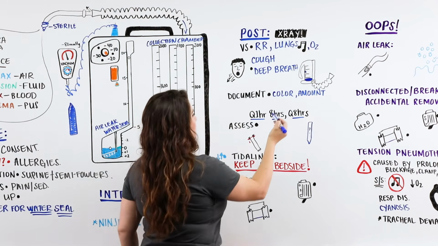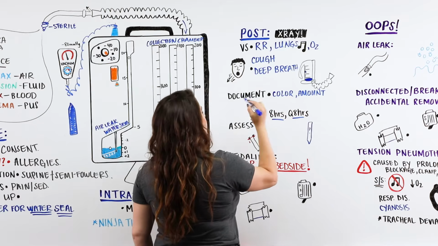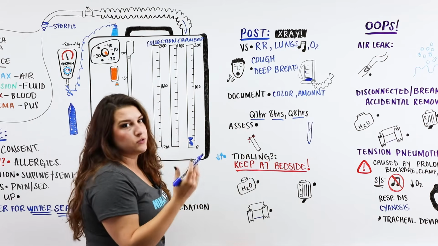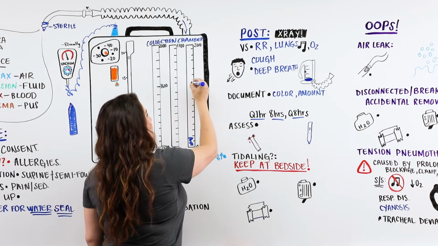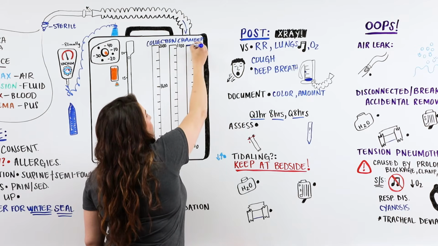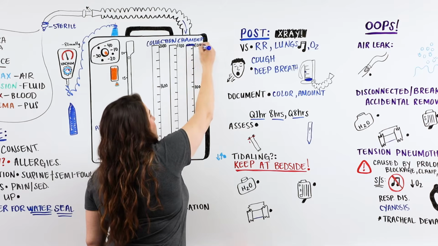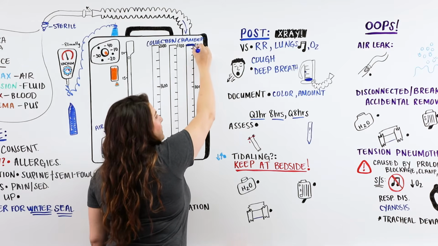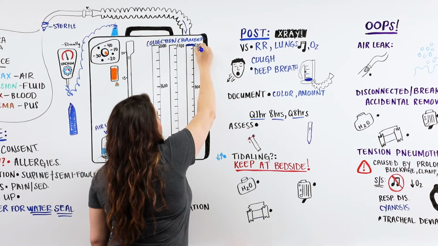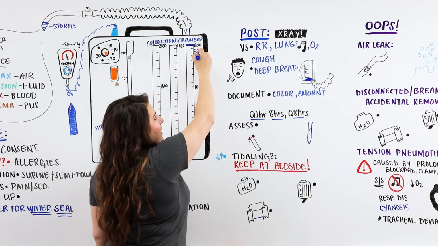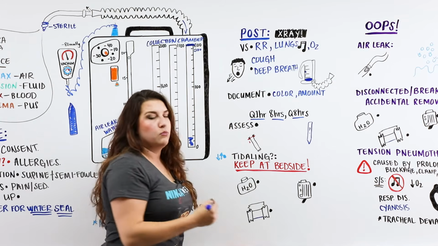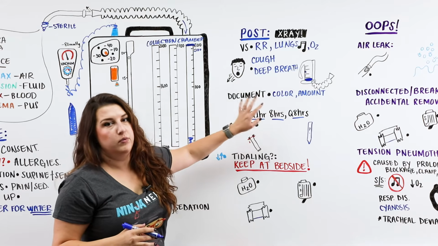How are you going to do that? You're going to document your color and your amount. You can do it right on the atrium. So say at the end of your first hour, they got 200. You would take a permanent marker, or whatever your facility uses, tape, mark it here, and put the time. So we'll say it was at 2100 or 9 p.m. They had 200 out, and you're going to mark it within the documentation of your facility, whether it's the computer